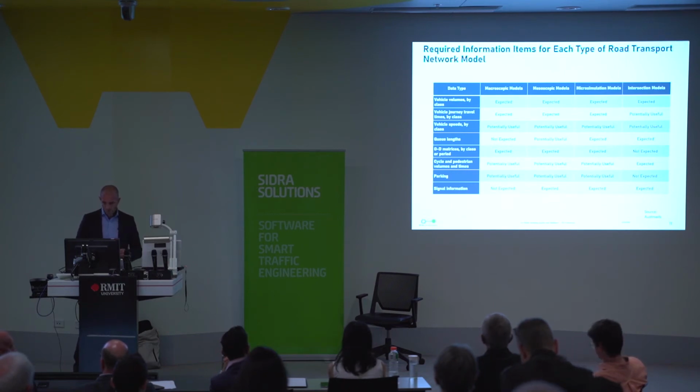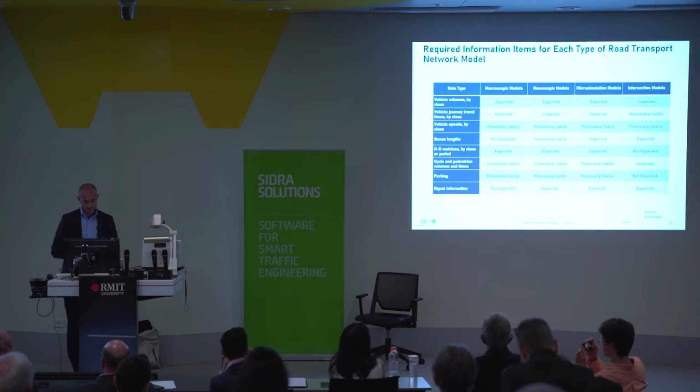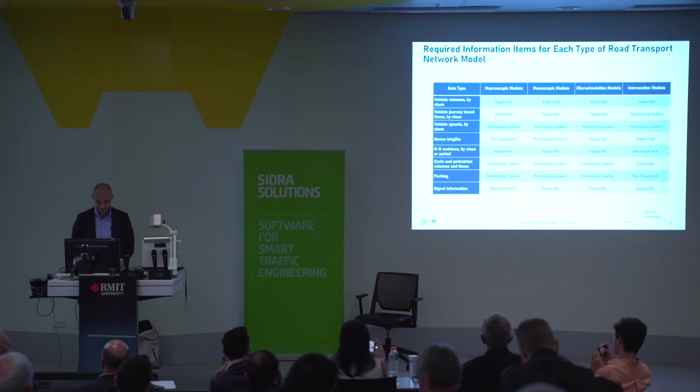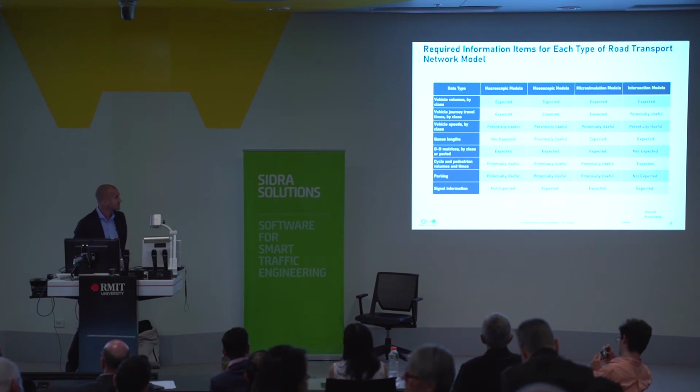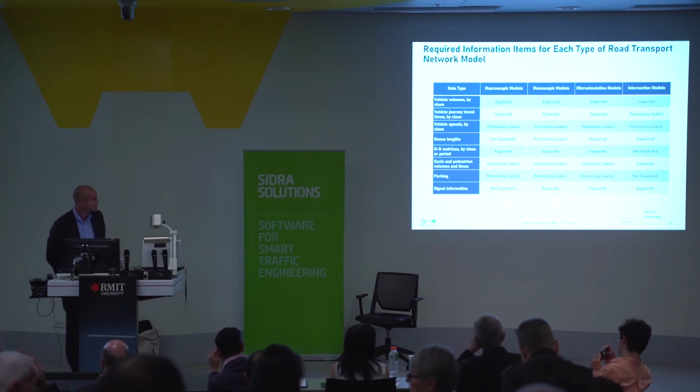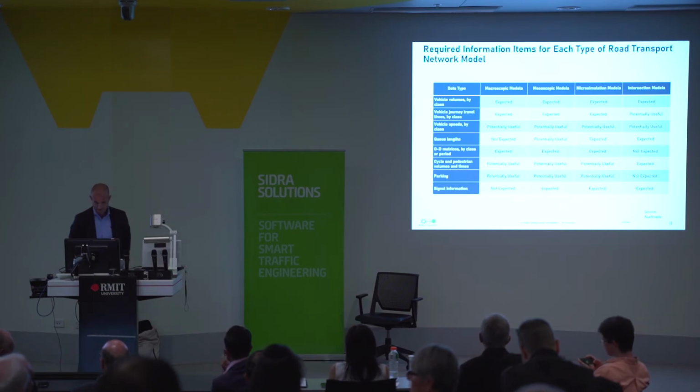So this is a bit of a table that's tried to summarise the different levels of modelling and the different data types that might be available. It's a generic summary, but I do find it quite useful as a guide for when you're scoping or delivering a model. But it is funny that our data is generally binary, but the way we try and classify how much data we need is generally not.